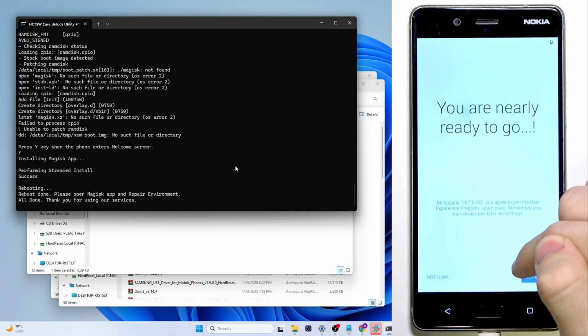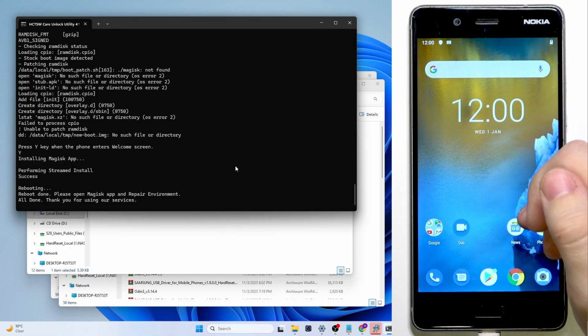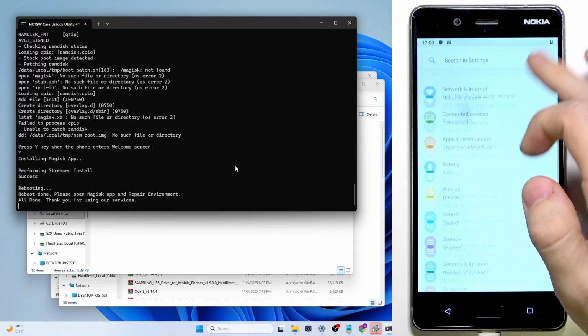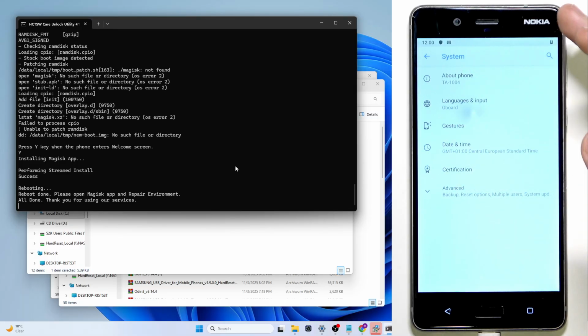Okay, I'm gonna click on now here. Just skip that. Okay. And now if we go to the settings, I believe that if you go to system and go to about phone,